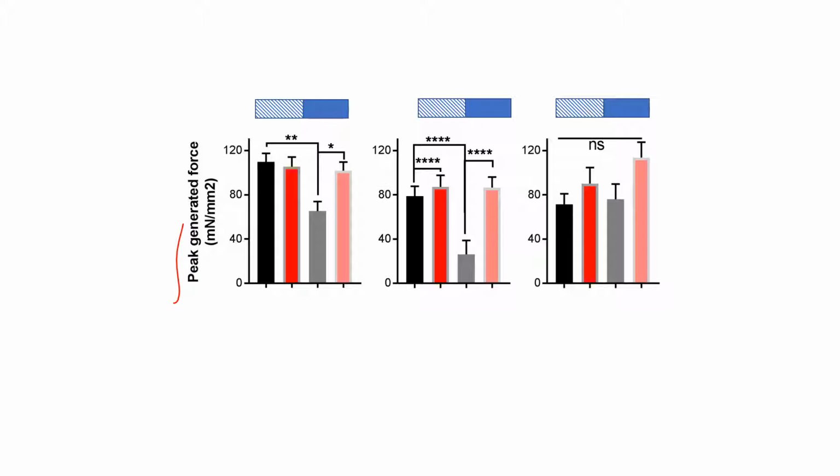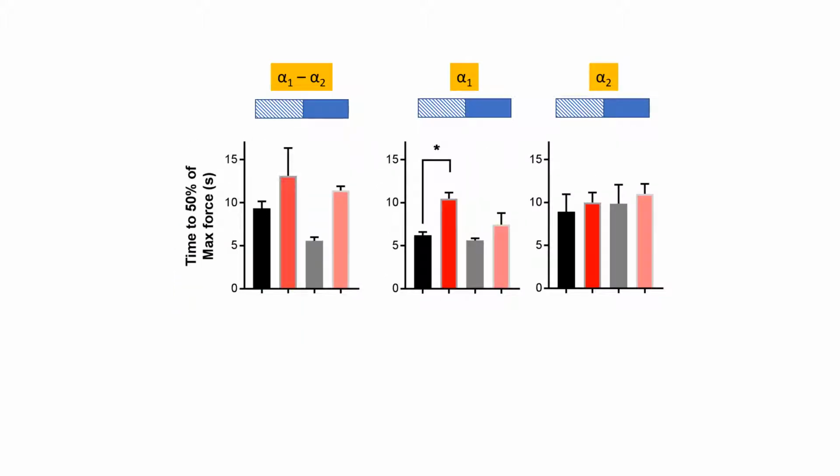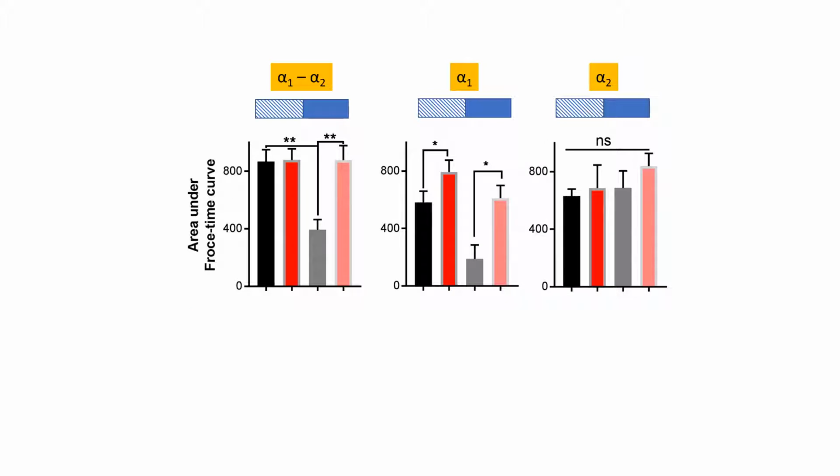In 12 conditions, we have normal and high potassium, without or with adrenergic stimulation, alpha 1 and alpha 2, alpha 1 only and alpha 2 only. Similarly for time to 50% of the maximum force generated, and the area